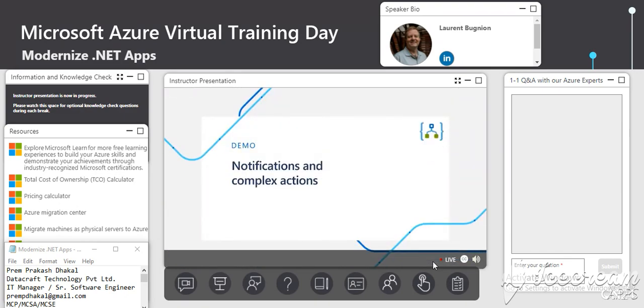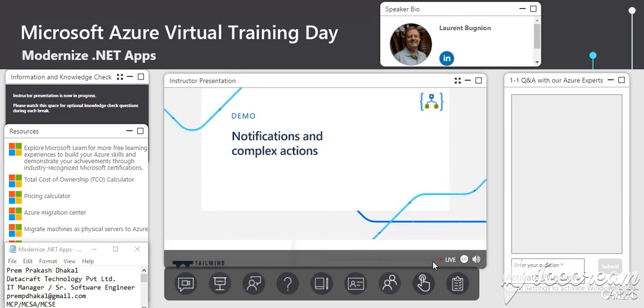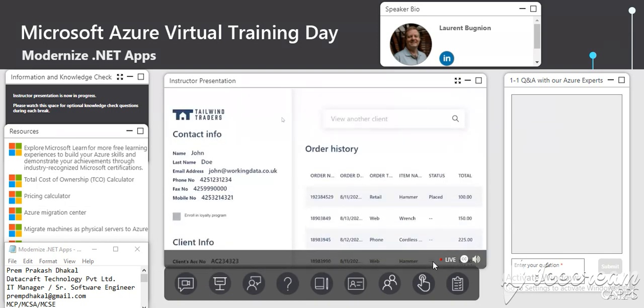So let's talk about notifications and complex actions in a demo. So this is back to our rewards application. And here what we really would like to do is be notified when the site goes down for any reason, when we have some 404 or any type of error like that, really. So let's go to the portal. I'm going to go